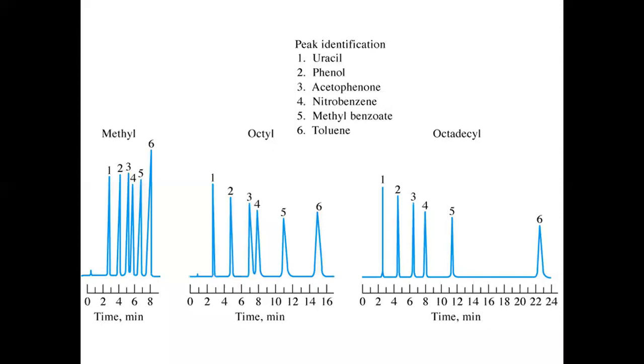As a result of this, we can conclude that octadecylsilane is going to be the most suitable stationary phase for the separation of these six compounds. And this is going to give you the key that when we discussed the optimization of the chromatographic conditions in order to improve the resolution, we have discussed where